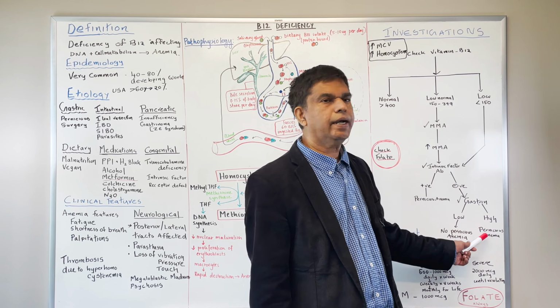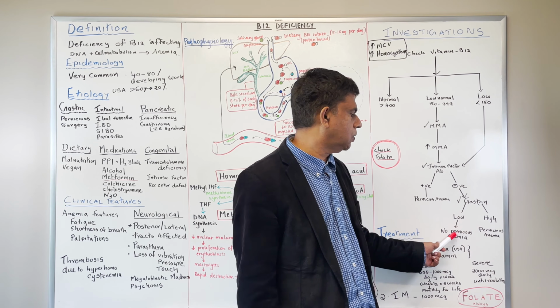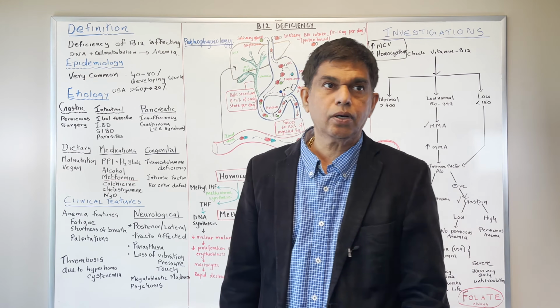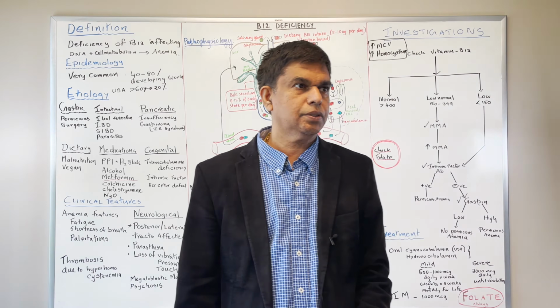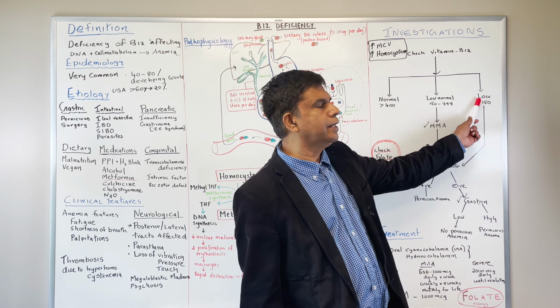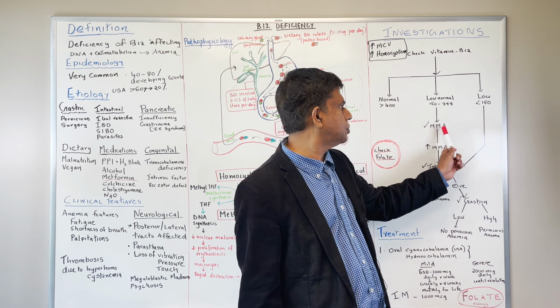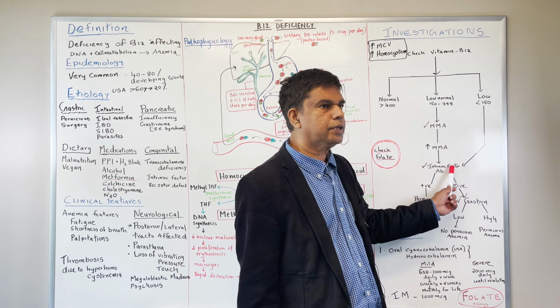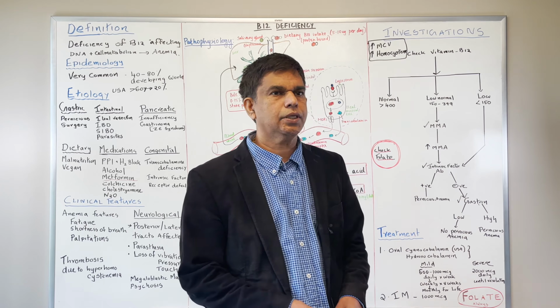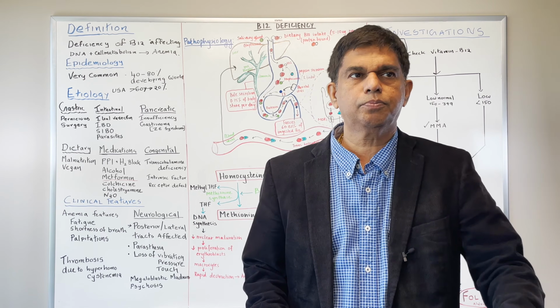If the gastrin is high, it's still pernicious anemia. If it is low, then it's not pernicious anemia, but you have to look at other causes of vitamin B12 deficiency. Very, very important. So if the B12 is very low already, you don't have to check the MMA. You just go to intrinsic factor and then check gastrin to make sure you don't have pernicious anemia. So you have to rule out pernicious anemia.